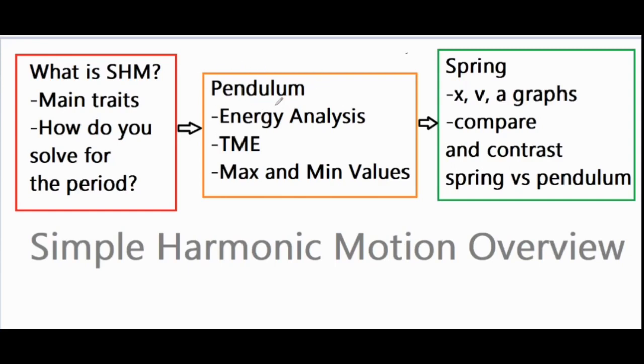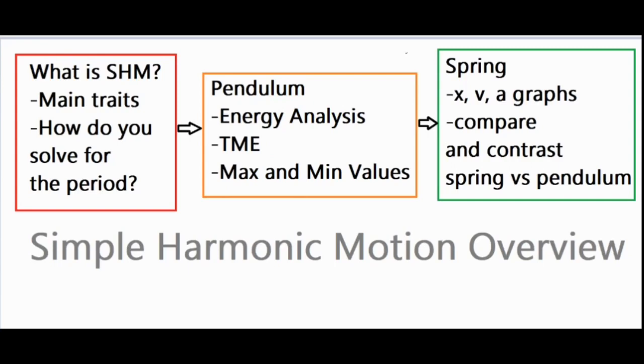The second thing we're going to take a look at is we're going to focus on a pendulum, and we're going to do a full energy analysis, take a look at the TME, the total mechanical energy, and then analyze where there are maximum and minimum values for restorative force, for velocity, energy, and all types of values associated with